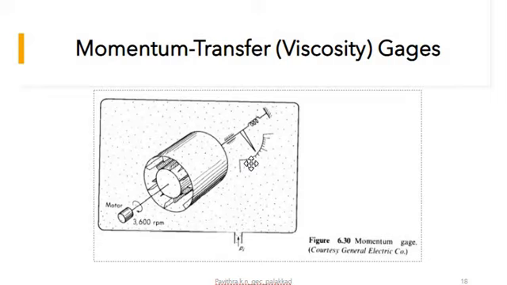To enable readings above 1 torr, where the viscosity will become pressure independent, if we need to measure pressure above 1 torr, bladed wheels rather than smooth concentric cylinders are used. Bladed wheels will be used instead of concentric cylinders. That will be the difference while reading pressures above 1 torr, because in such cases viscosity will become pressure independent.